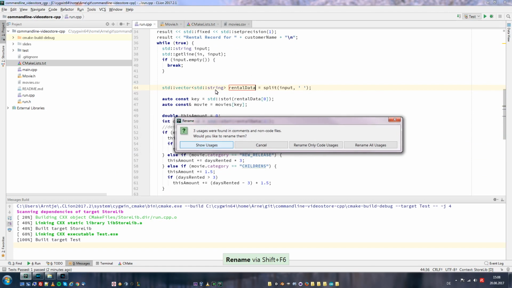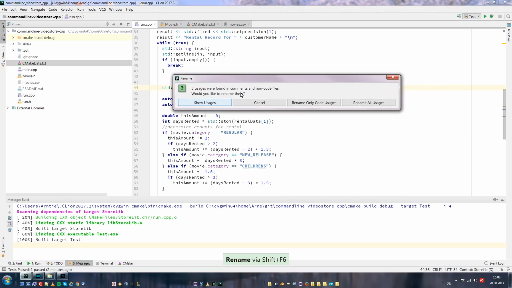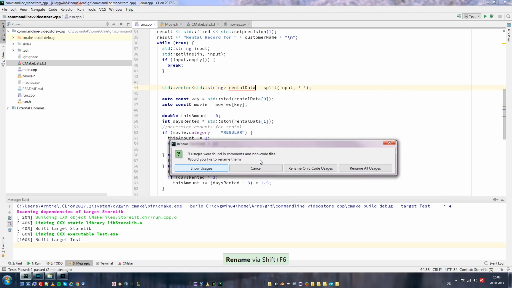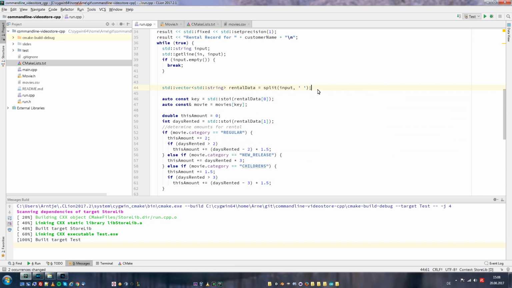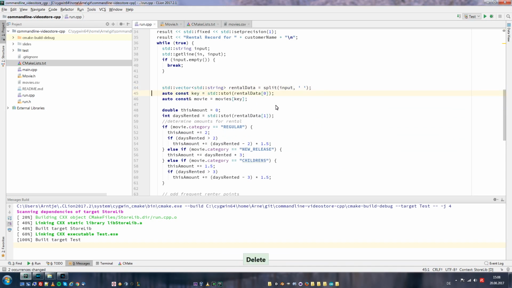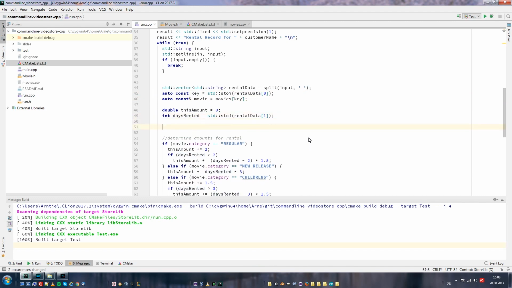And now CLion asked me, it has found usages in the comments and in the strings, and I will only want to rename the actual variables, so only code usages. And the rental itself should contain the movie and the days we rented it. So I will go down here and say